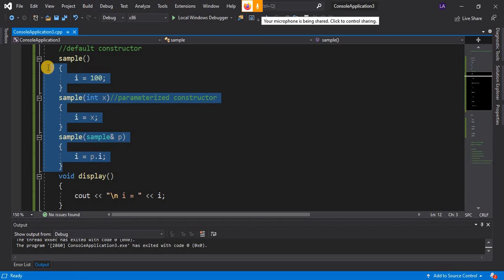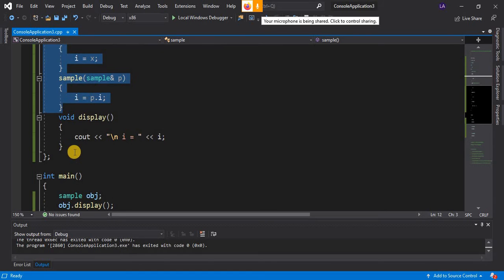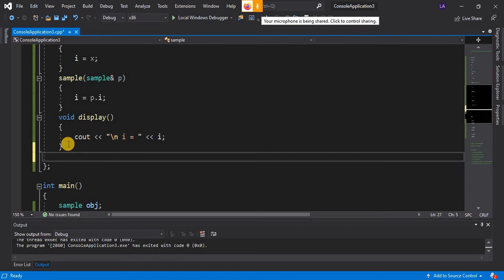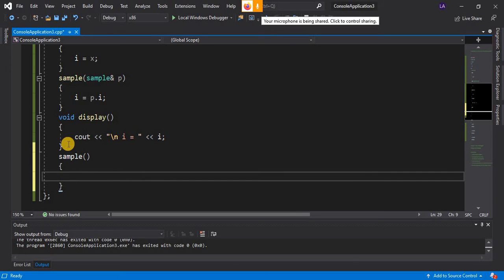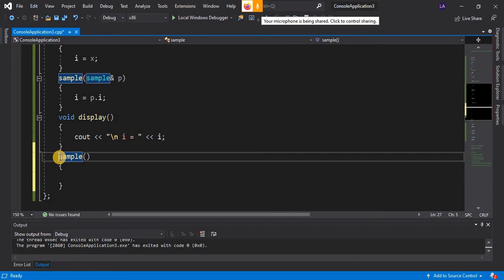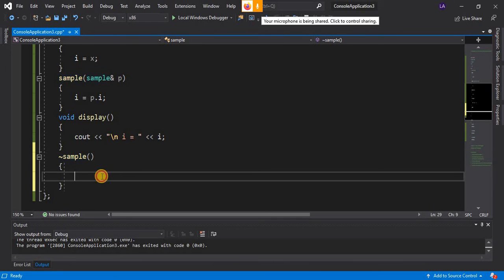Now a constructor is used to create and allocate memory for an object. For releasing the memory, the destructor concept is there. So a destructor is also a special member function whose name is the same as the class name, and it is preceded with this sign, tilde.